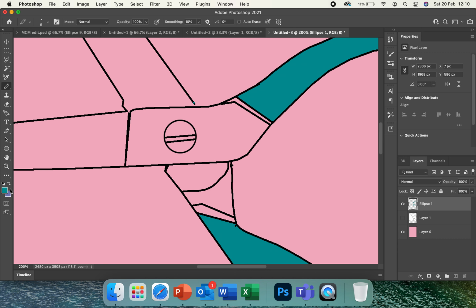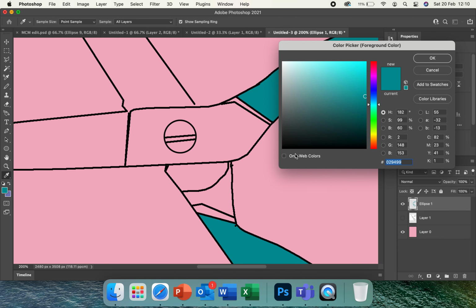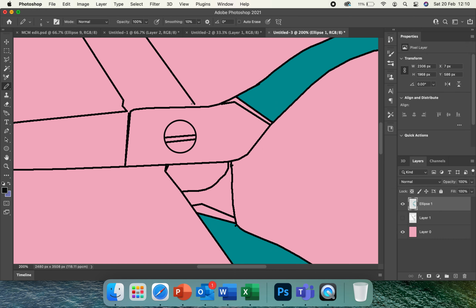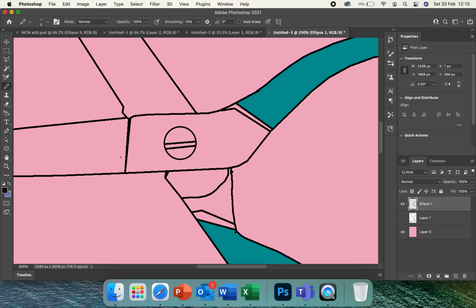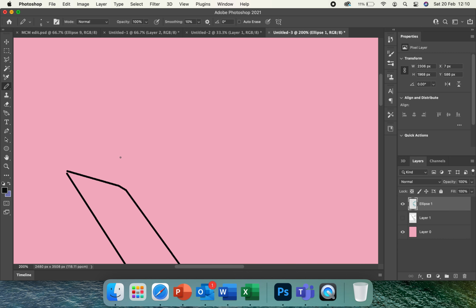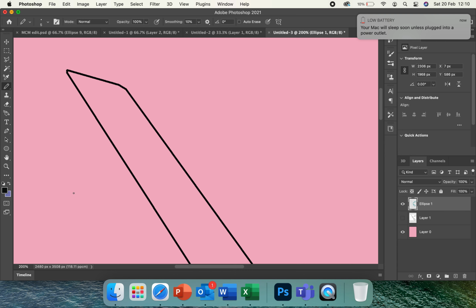I can see that I've done that. So I need to click on the little square at the bottom, select on the black, and then click OK. And then I just need to fill in those tiny, tiny gaps. So I think I've got a couple of them. And then it shouldn't leak, so the paint shouldn't leak through. I've got one at the top here as well. So once you've filled in all those gaps, you can zoom back out again,